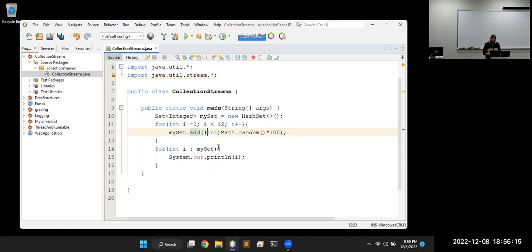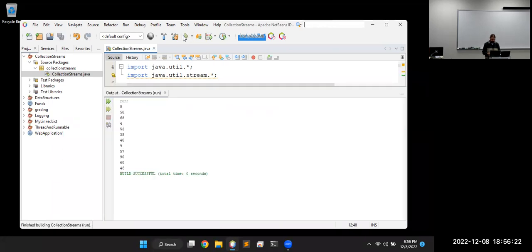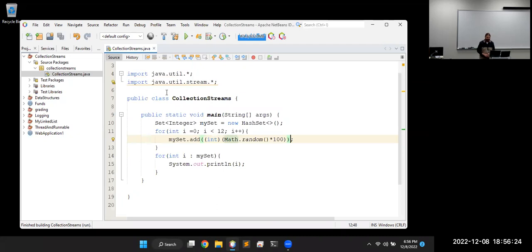Wrong spot. Does anybody see whatever I'm not seeing here? Okay. I guess I needed extra parentheses there. I thought it was doing this first and then casting it to an integer. But apparently it was casting this into an integer, which always gives a 0, and then multiplying that by 100